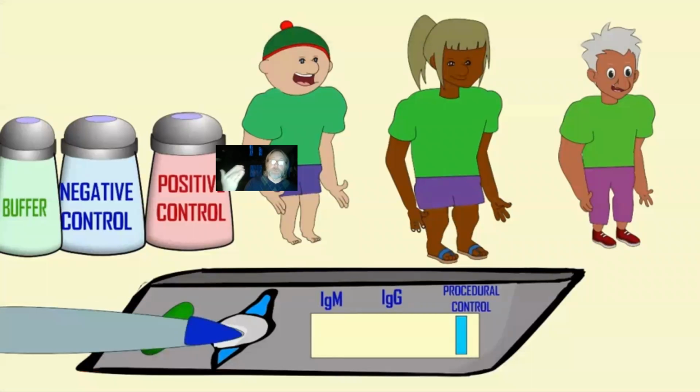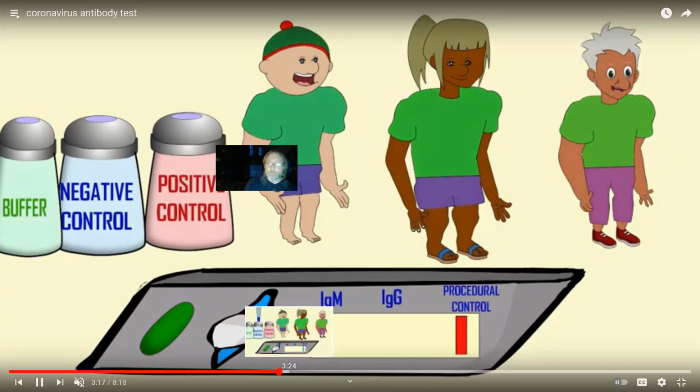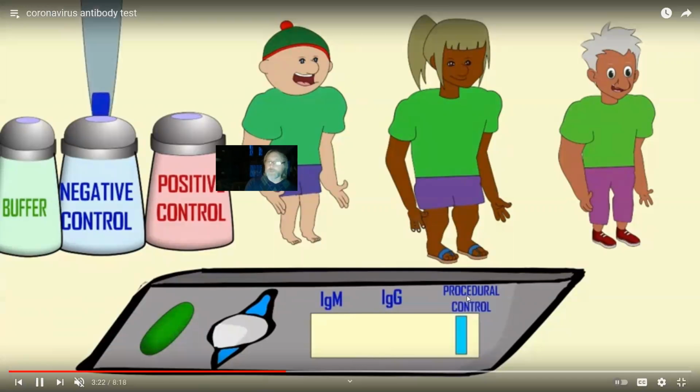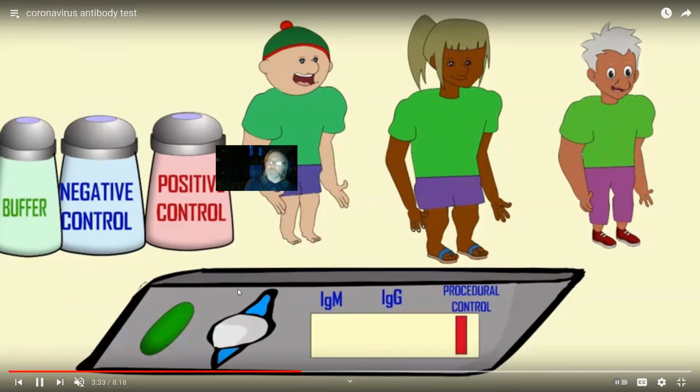You don't want to tell people that they are positive for coronavirus if they're not, nor do you want false negatives where you tell someone that they don't have coronavirus if they do. And so there would also be a procedural control. You would look for perhaps a color change here to see that the test was working normally. And then once all of the controls suggest that you can have confidence in the results,